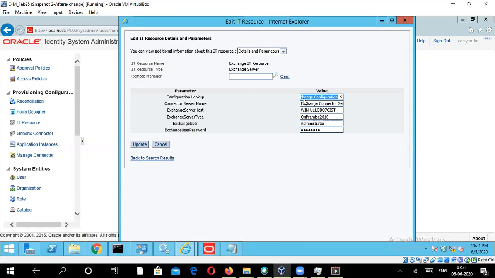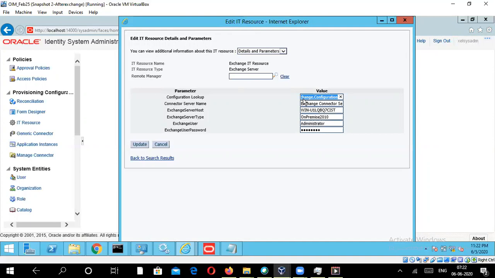I'm showing whatever parameters I've already set up, because I'm not able to show the live demo due to the memory issues I explained, and it takes so much time whenever I click on something. I did all these steps a while ago, before recording.